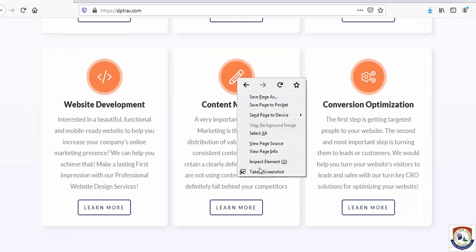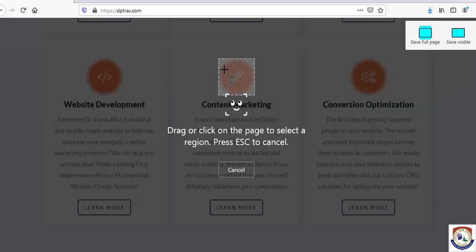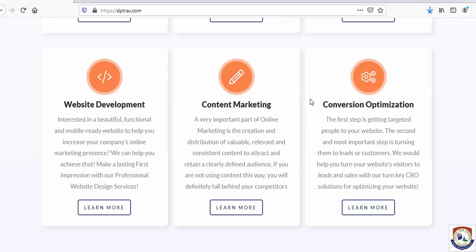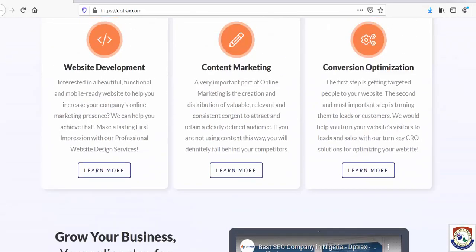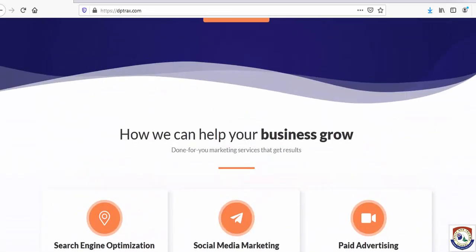This one, take a screenshot, put it here, download. You can use Mozilla Firefox for this. It has the feature, take a screenshot, download. That is good. So we have downloaded the 6 icons that we need for this to work.